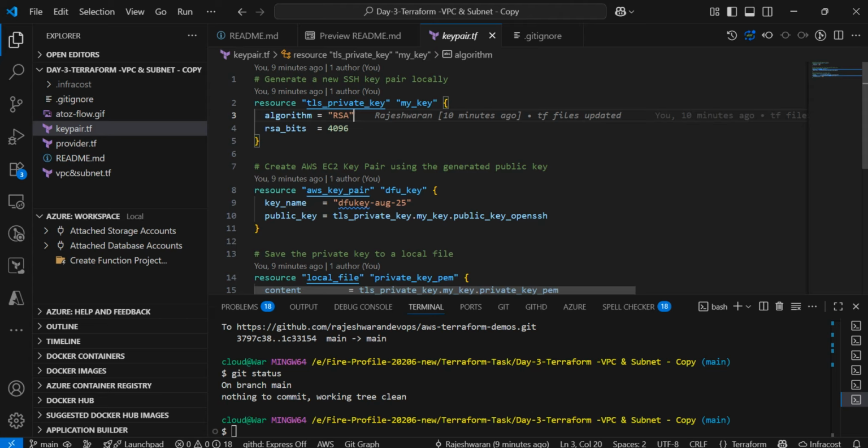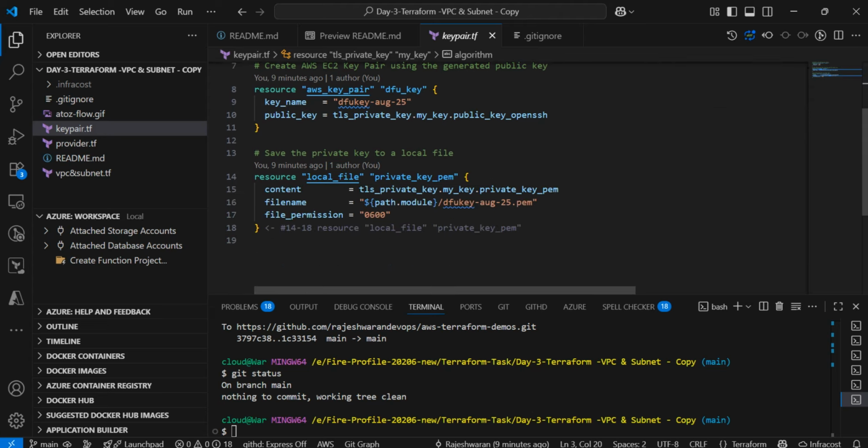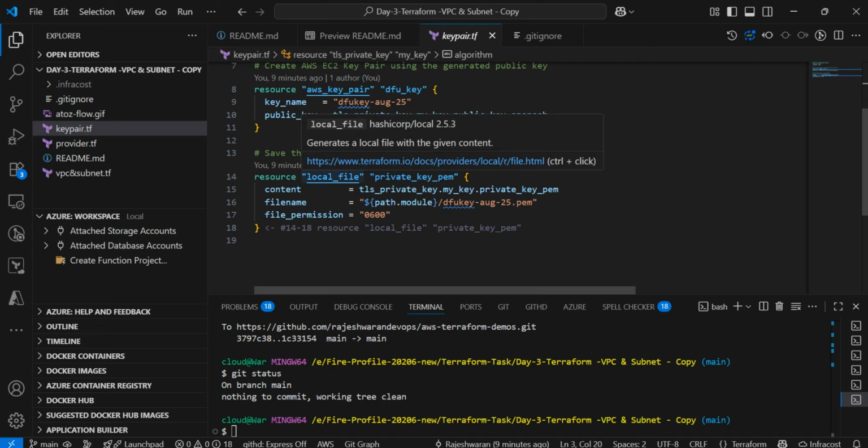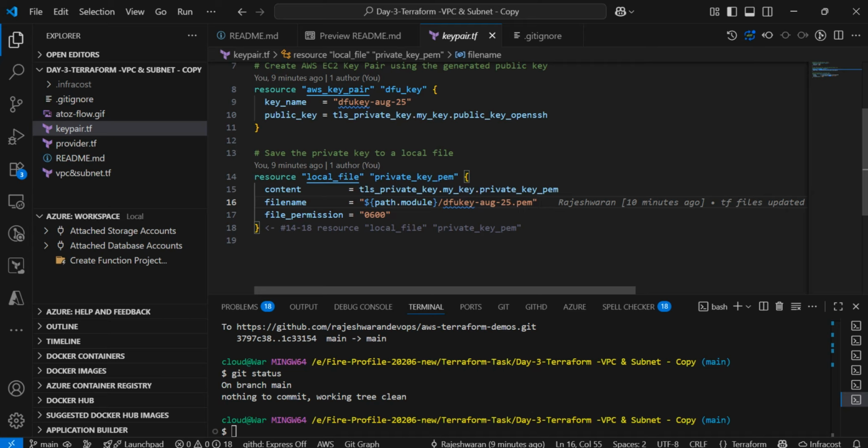keypair resource. And we are going to use this local file to create this dfu.august25.pem file in our local. Okay, I'm just giving the file permission to execute this, that is 600 permission for our .pem file. This is the pem file,